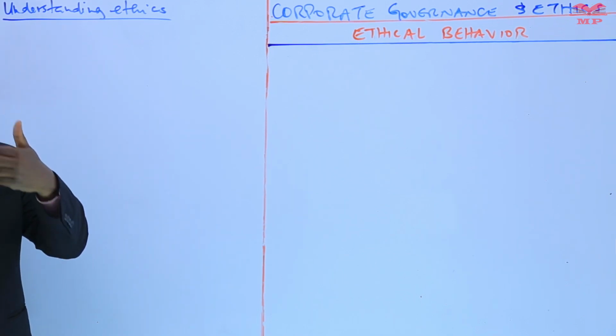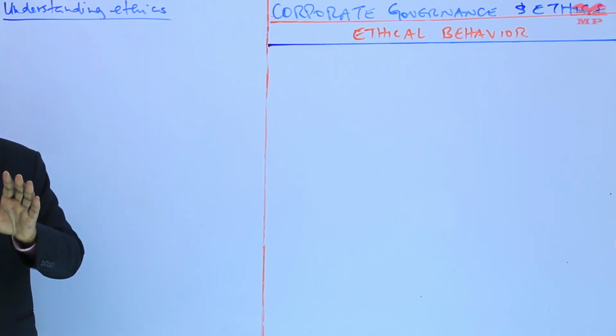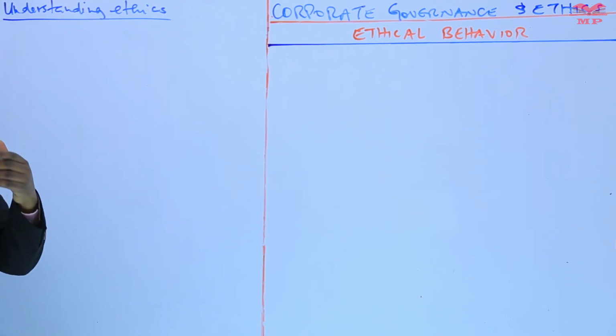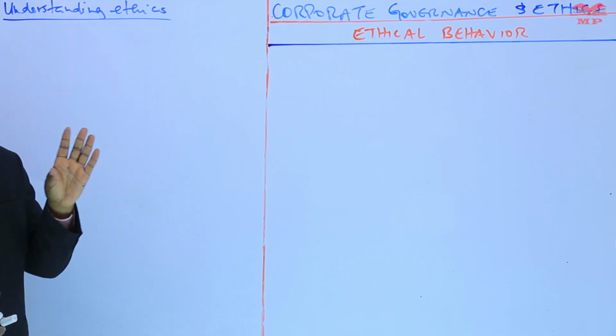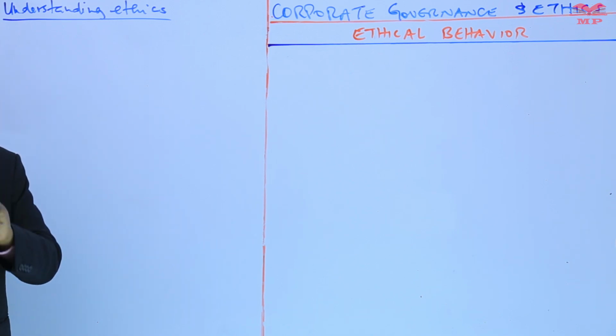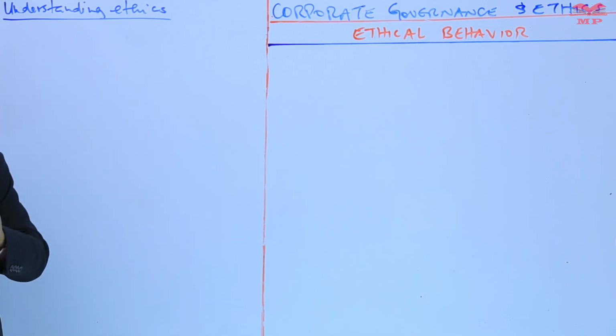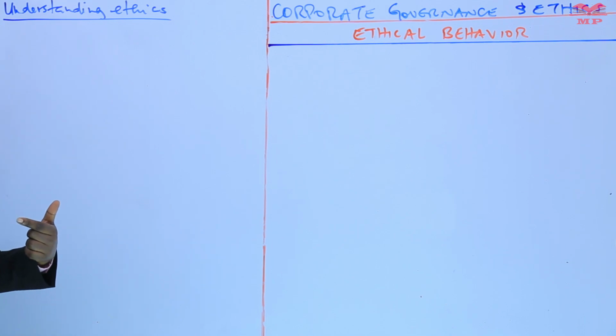And it helps to understand and evaluate the values and principles that guide our decisions and actions. So it's important for you, first of all, to understand that ethics is a system of moral principles that govern a person's behavior or that govern the conducting of an activity. That's the meaning of ethics.